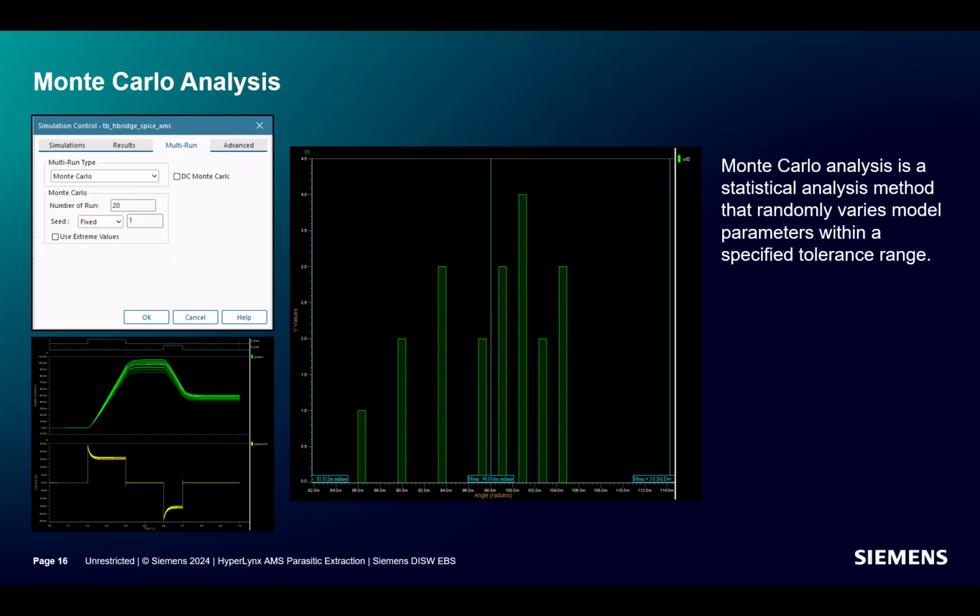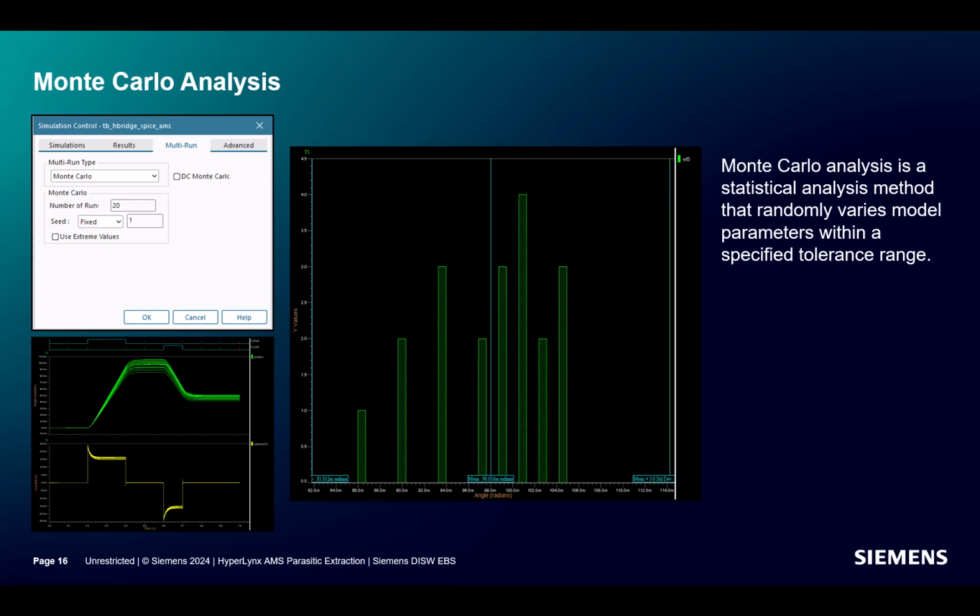Since component parameter tolerances are required for Monte Carlo analysis, it will often be performed a little later in the design process when these values have been established or guessed. Of course, these tolerance values are likely to be changed as a result of running the analysis after learning the effects they are having on the design.